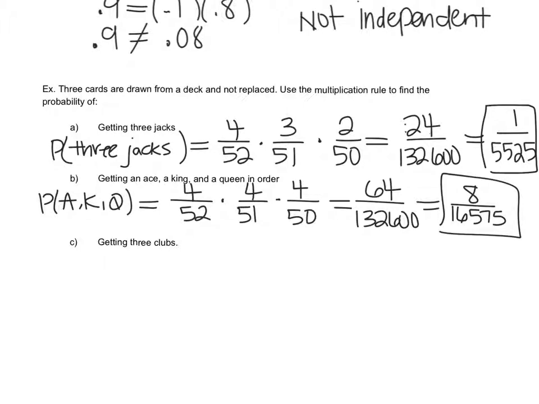So it's still a very, very small probability that you draw an ace, a king, and a queen in order from a deck of cards. So our last example is getting 3 clubs. So the probability that we draw